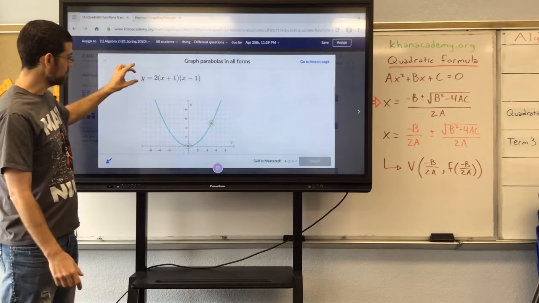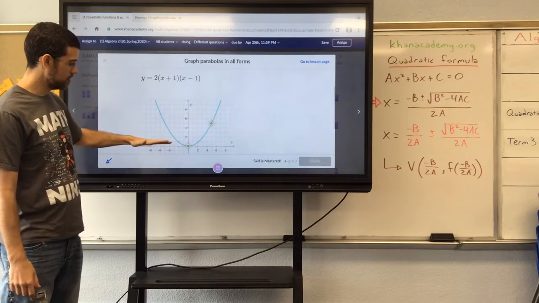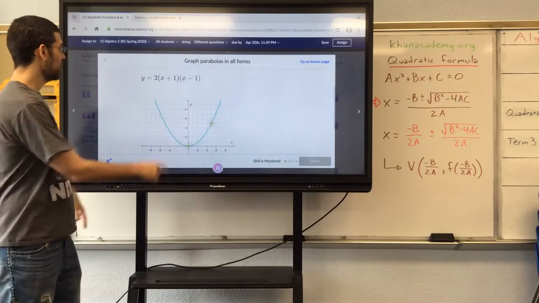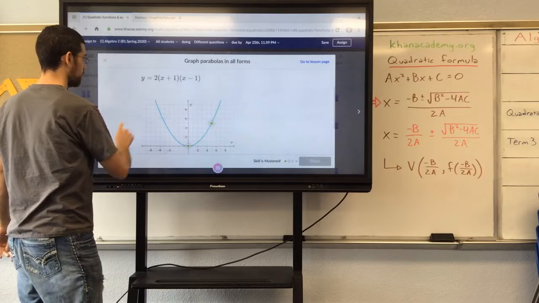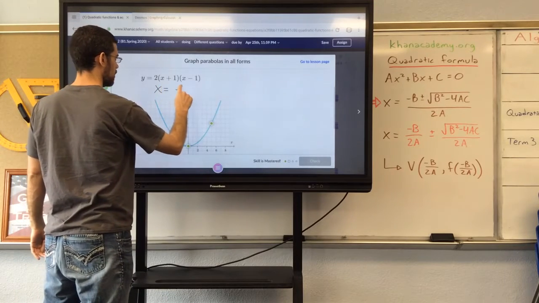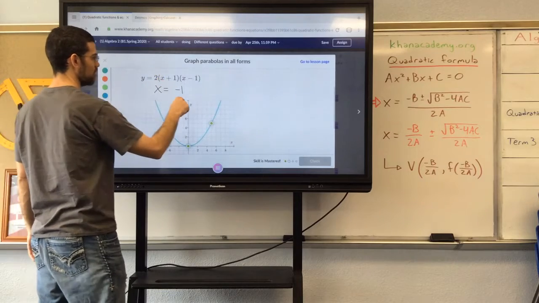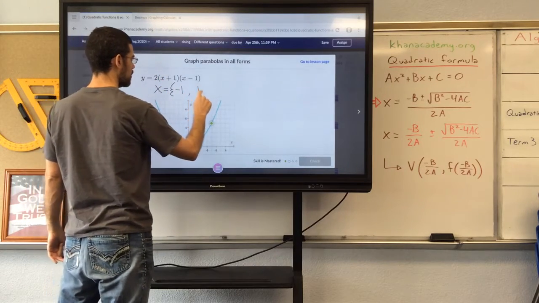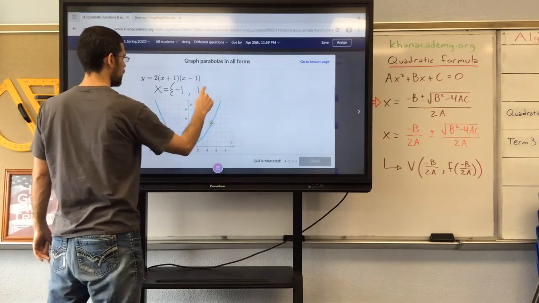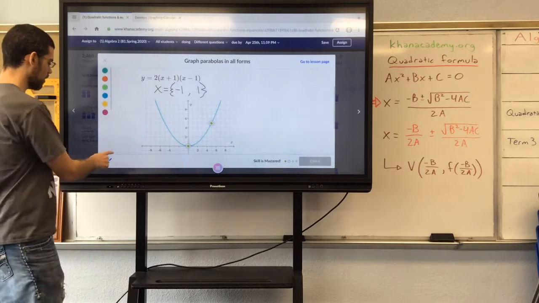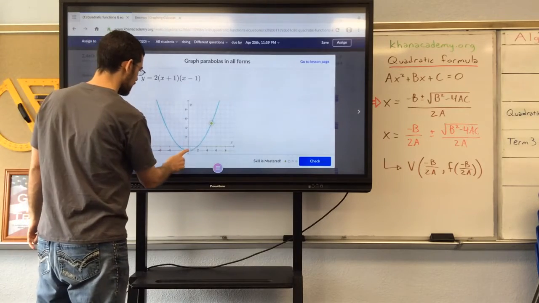So if that product is 0, the y-coordinate is 0. If the y-coordinate is 0, you're on the x-axis. So if x is -1, that would make this factor 0. If x is positive 1, then this factor would be 0. So we know we cross the x-axis at